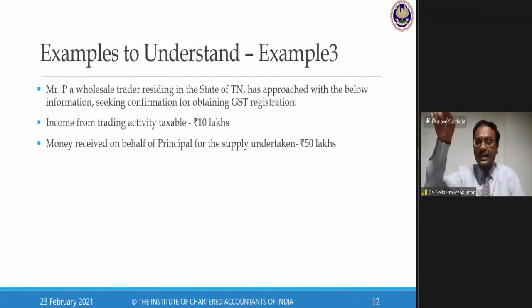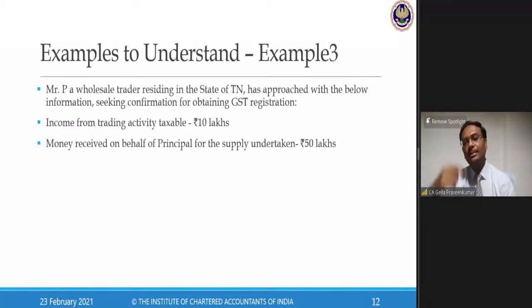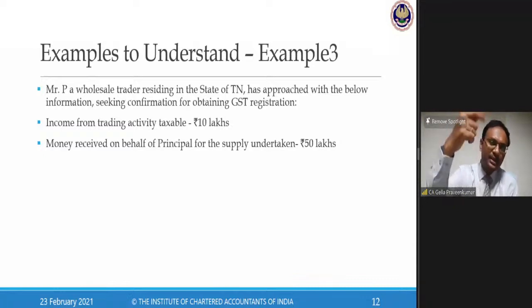My principal said, you take the delivery of those goods and give delivery to that fellow. Collect that money and pay it back to me. Now, this is the entire crux of my sales tax. Under sales tax, supply on behalf of principal was not subjected to sales tax. When goods are sent from principal to agent,